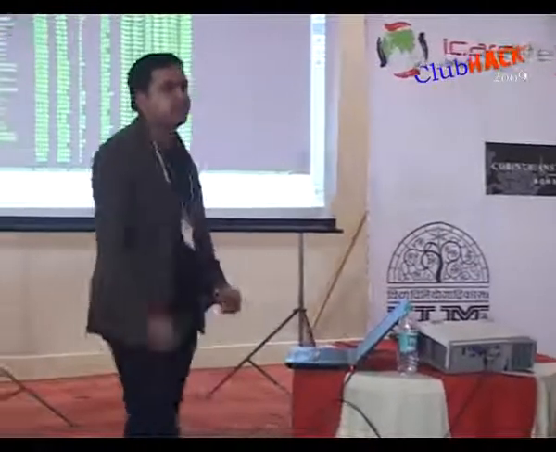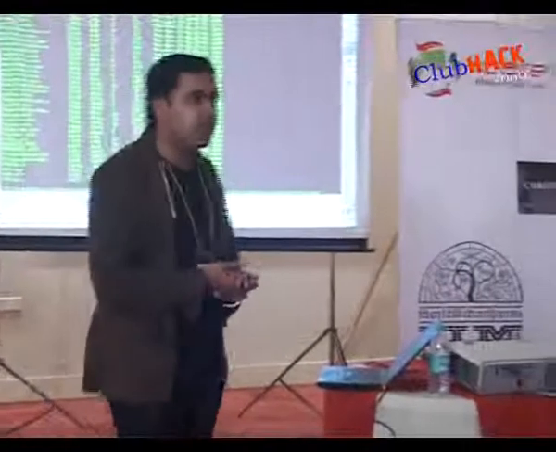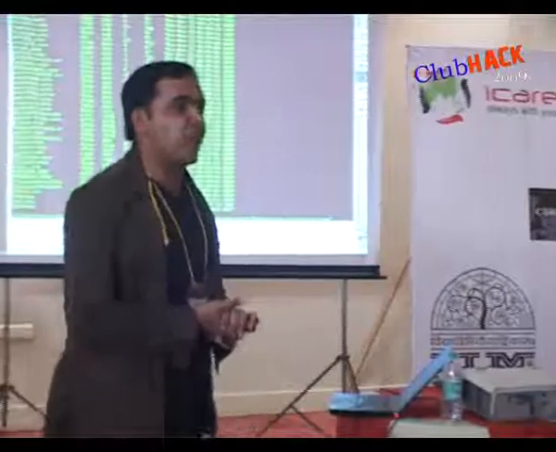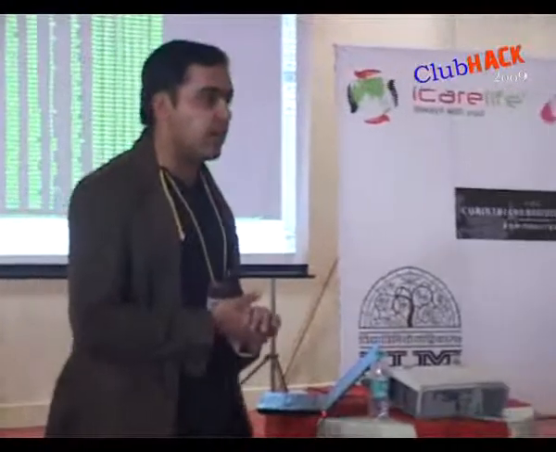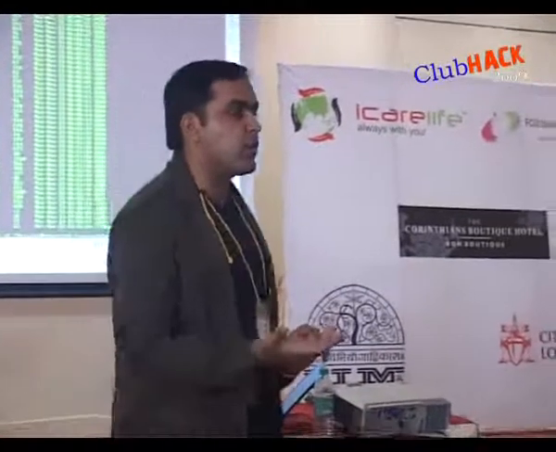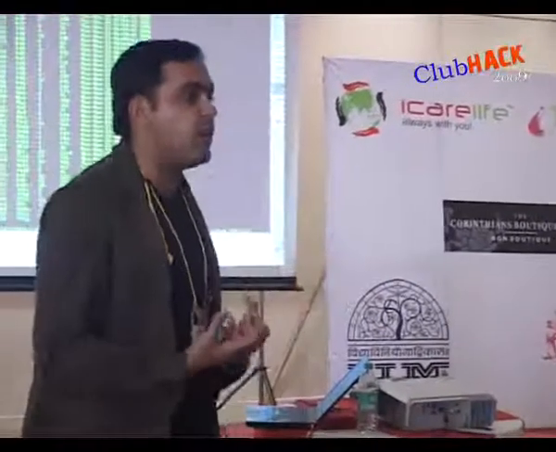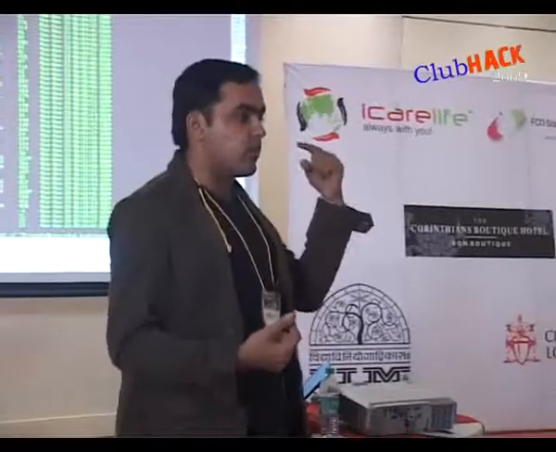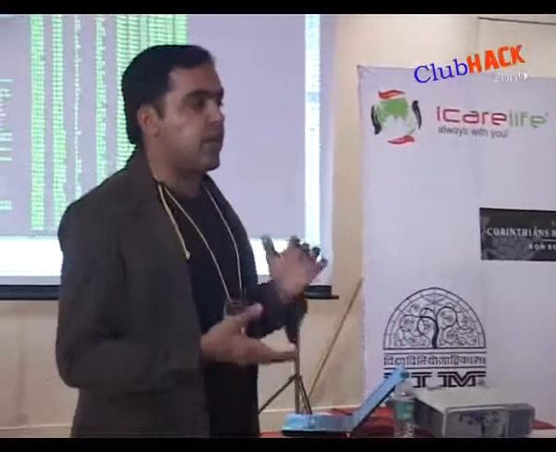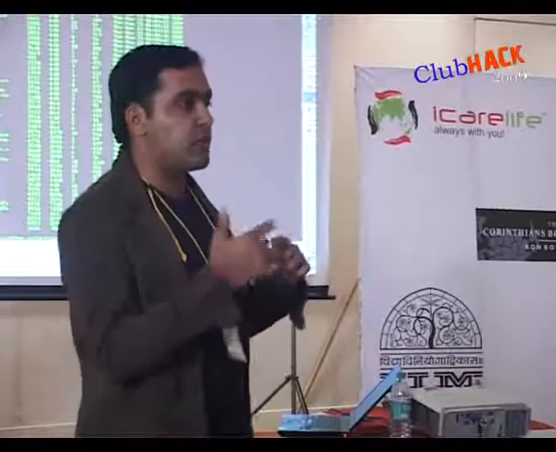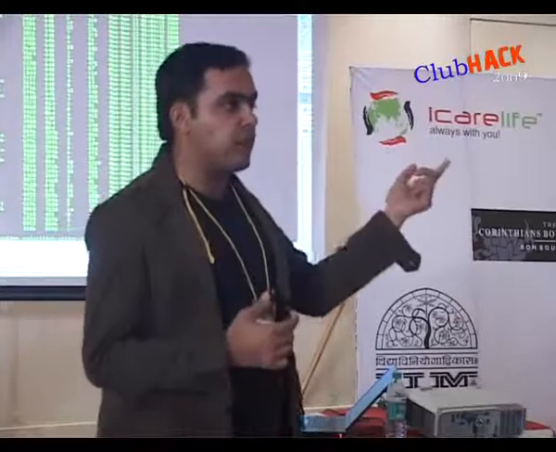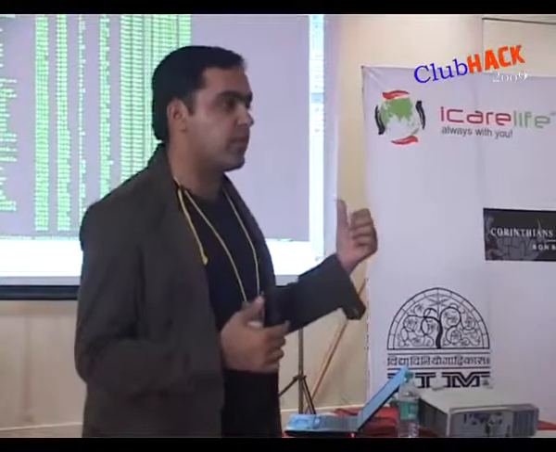What we see is a list of processes. What about the DLL files which are injected into running processes? Volatility is still under development, but they are looking into more advanced features where they can extract the DLL files or OCX files linked with these particular processes. Till now, they have managed to extract the registry keys which a particular process is using at that particular time, but not the DLL or the OCX files.